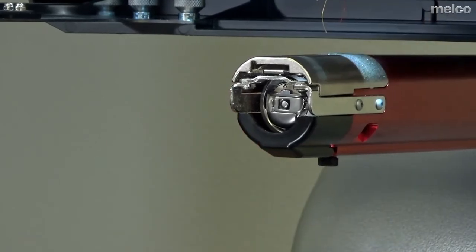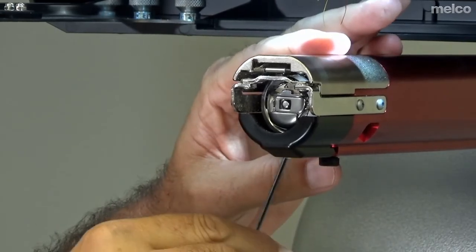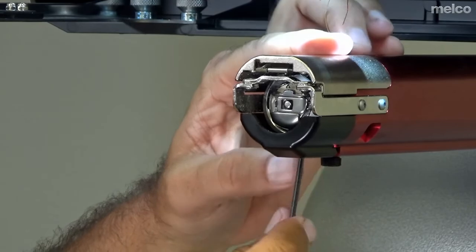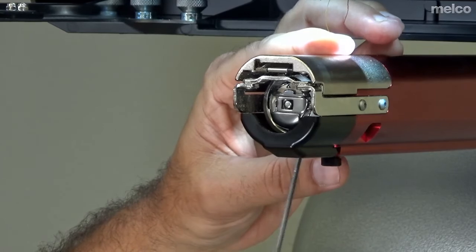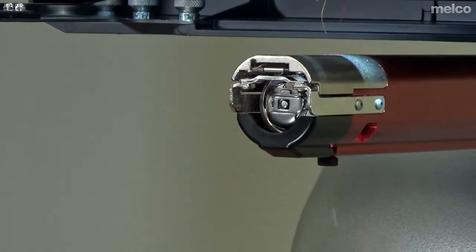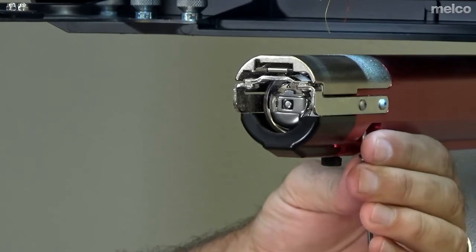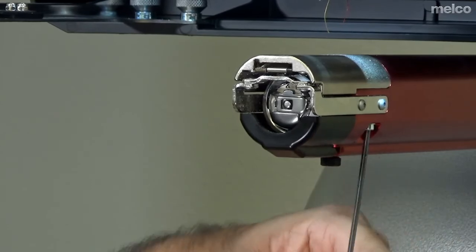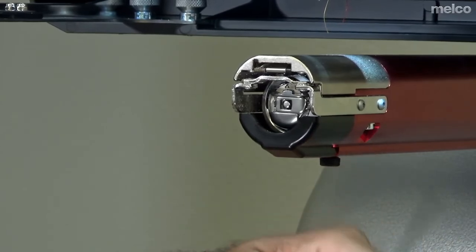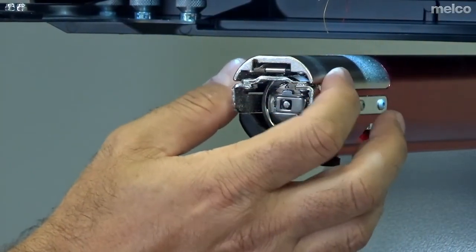So now with your needle plate back on, just as you would do with any plate, anytime you take a needle plate on or off of a machine, you need to center that needle plate to the needle. And again, this applies to any of the embroidery machines, ours, and I would assume the other manufacturers as well. So when I reinstall this needle plate, I'm putting these two screws in loosely so I have just a little bit of left and right play